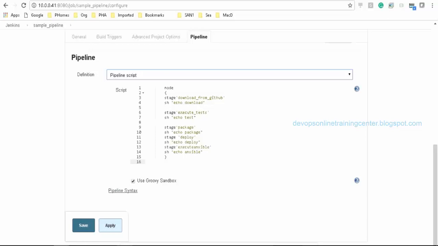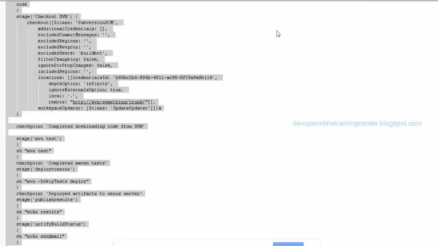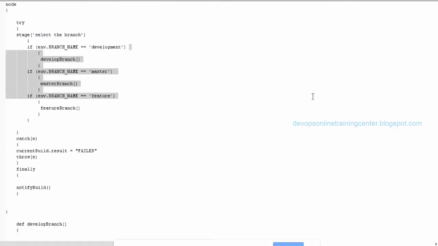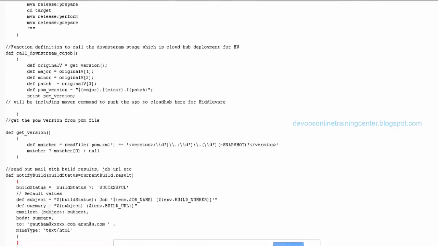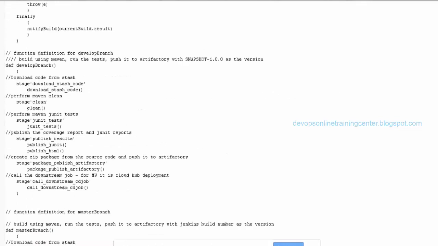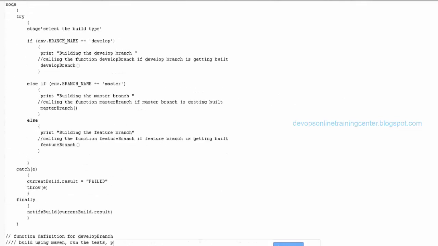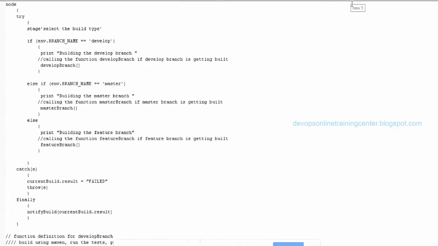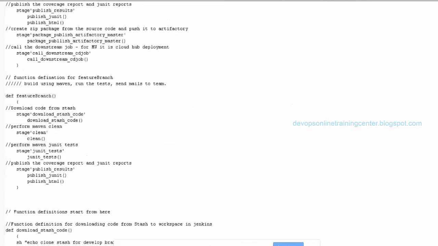We'll see that tomorrow, how to do that. So this is the sample script for SVN. It downloads and executes. And this is the sample script for the actual production script for multi-branch pipeline. This is how it looks. We'll go through this. These are some of the advanced concepts of Jenkins. We'll go through this tomorrow.